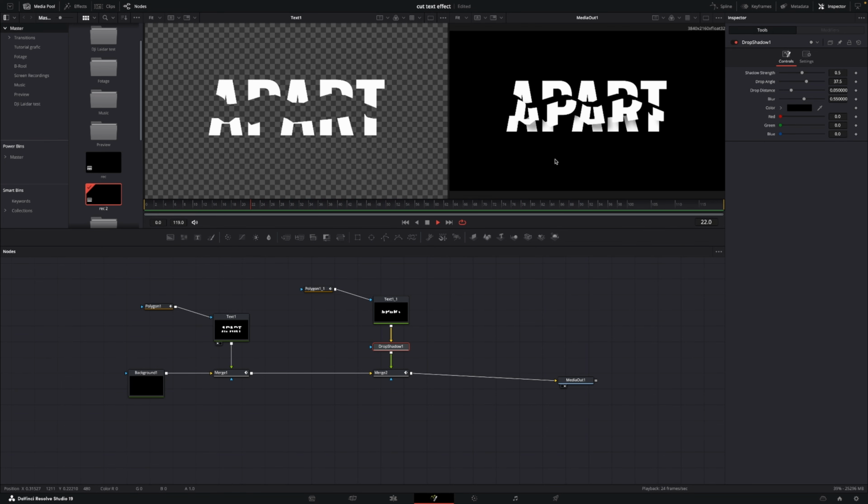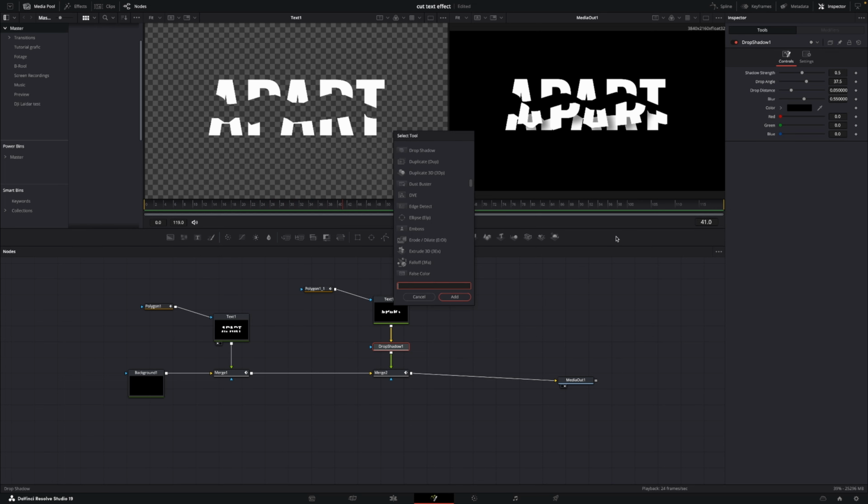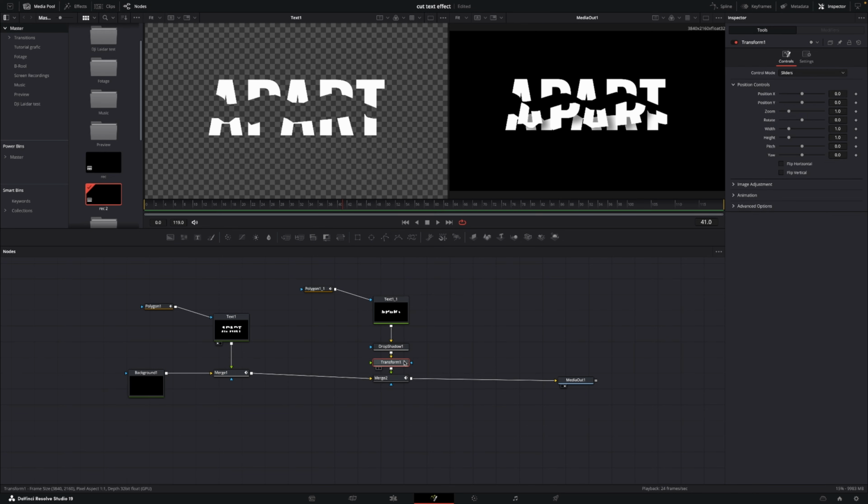But we can make this look a little more cool still. So I'm going to add in a transform. I'm just going to search for trans, and we're going to take the transform right here. I'm going to add that in. It was the wrong place because I want to make this move the whole composition. So I'm going to push Shift and drag